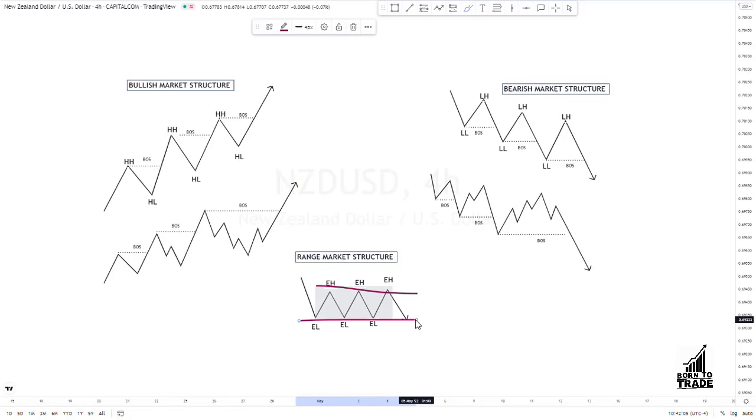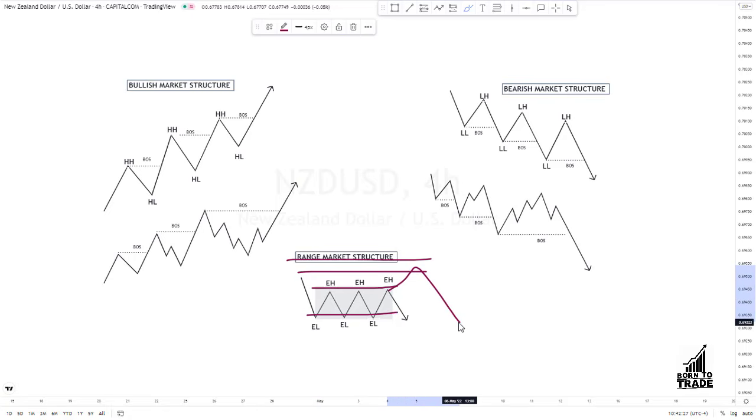Like I said, this is going to be important when we talk about liquidity, but for now we're talking about market structure. So when you map out your market structure and you see equal highs and equal lows, avoid the market for that time, except you have a supply zone and the market forms this kind of range, which is liquidity. When it taps into your supply zone, you look for a good trade,